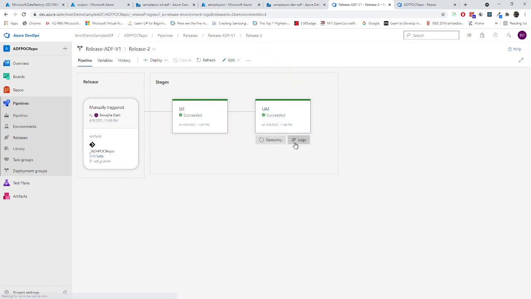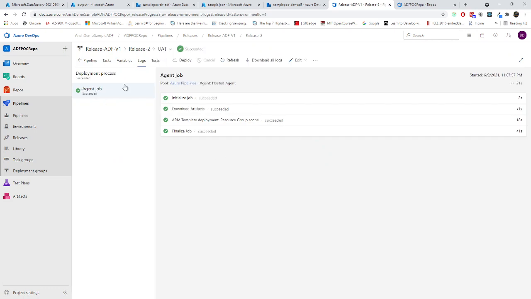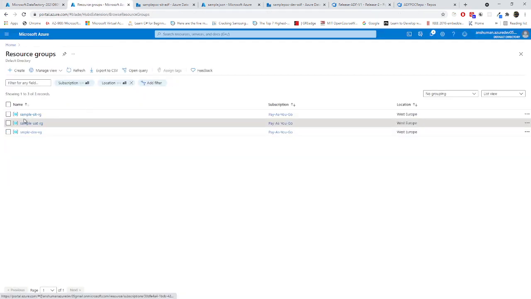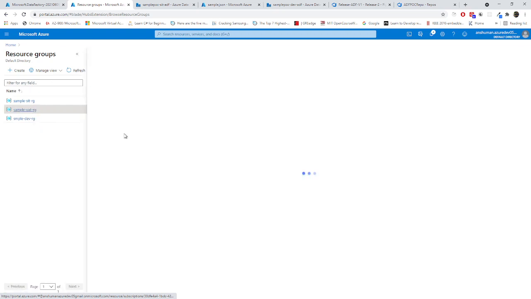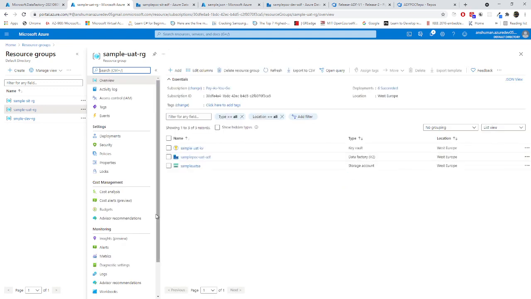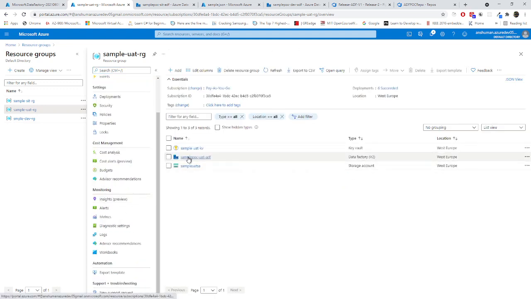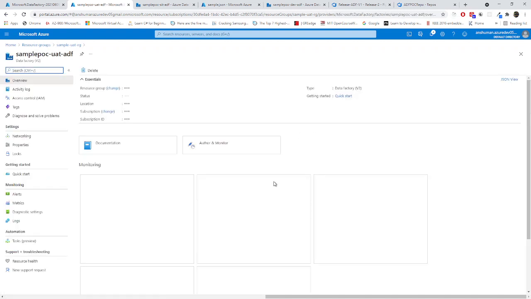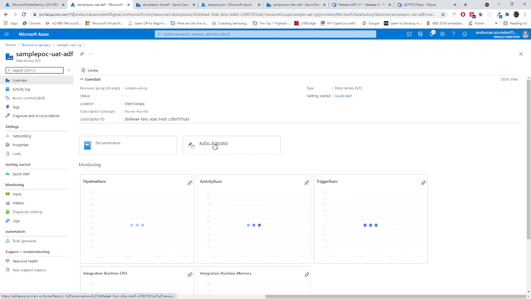You can see the logs over here by coming in. You can see everything over here. Right now I am going to my UAT resource group. This one is my UAT resource group. So if I choose my UAT ADF branch, author, monitor.